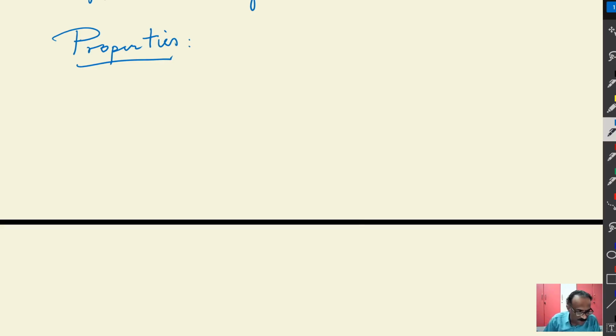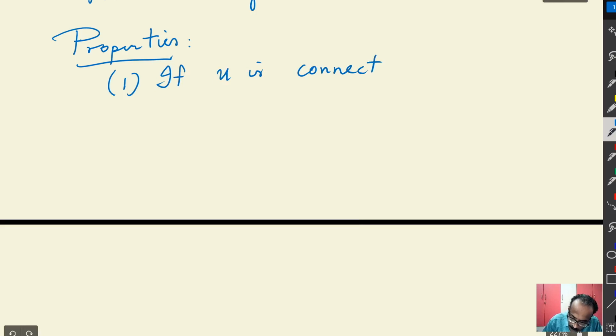While explaining, I will say that one of the first properties is this immediate property: if u is subharmonic in a connected